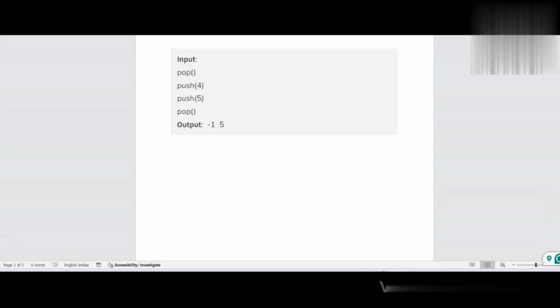Initially we have no node in our linked list. So how can we pop an element? There is no node in the linked list, so we will pop -1, meaning no element in the linked list. Now we will push 4. We have no node, so we have to create a node in the linked list and then push the data 4 into it. Now push 5. So we will push in the beginning of 4, and 5 will point to 4